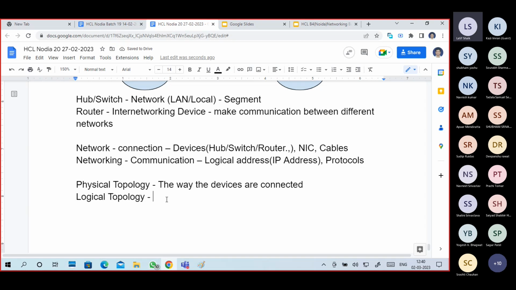How their devices are connected. It means to form a network, in the way you will connect devices. So that is a network. So logical topologies, also logical networks, are based on